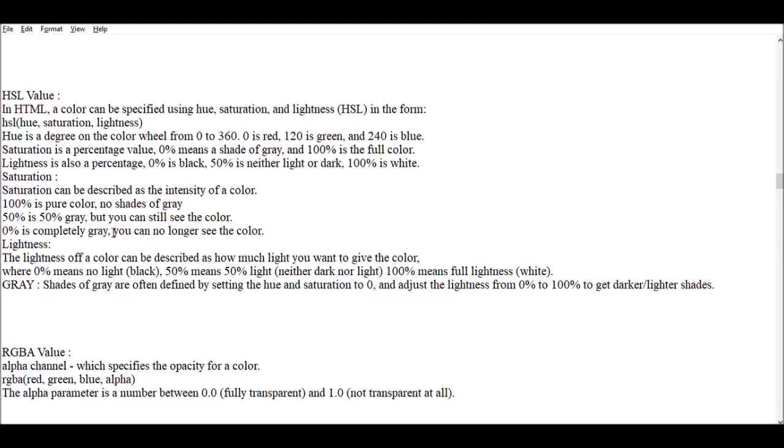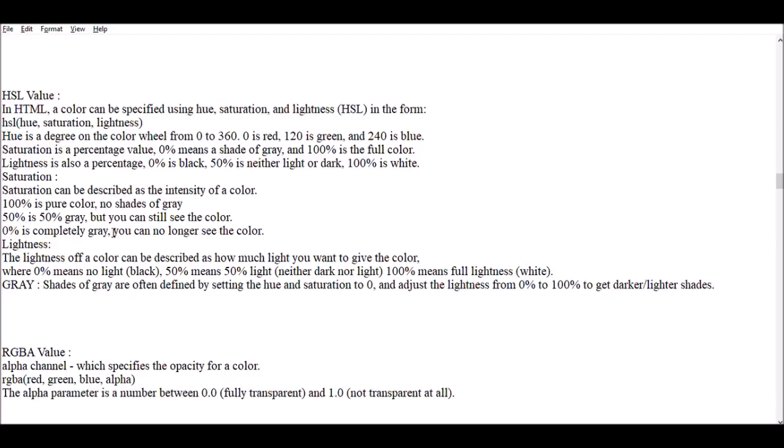Saturation can be described as the intensity of a color. 100% is pure color, no shades of gray. 50% is 50% gray, but you can still see the color. 0% is completely gray, you can no longer see the color. So these are the values which you can learn by practicing.